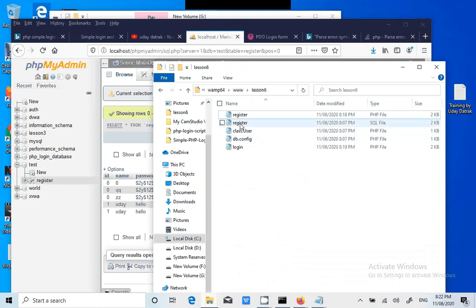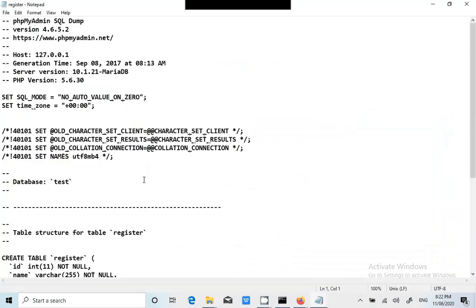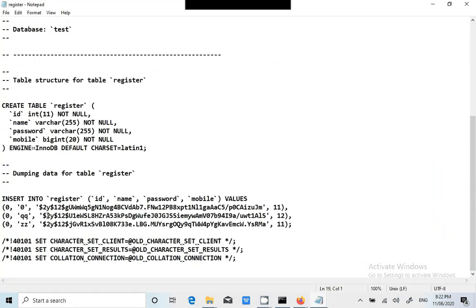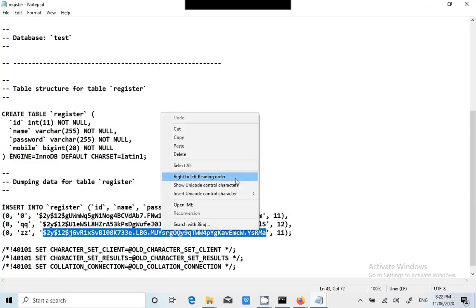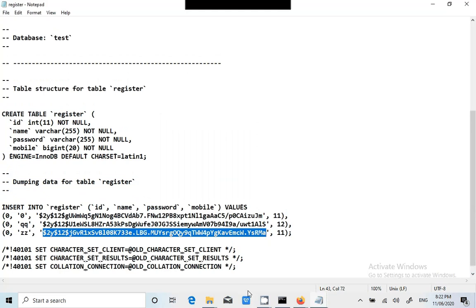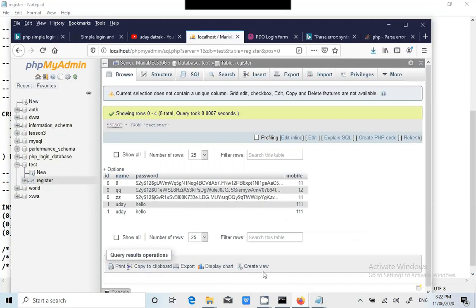Okay, search in Google for this particular thing: the username is ZZ and the password is something here, this one. Copy this, search in Google for hash analyzer.